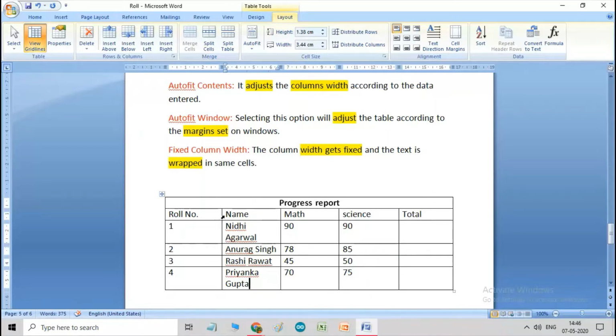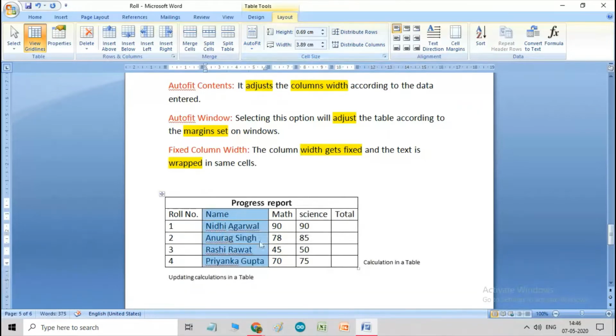Now what I can do is simply select the table and go to AutoFit Contents. I will use this AutoFit Contents option. So how can you do it? Go to Layout, and in the Cell Size group click on AutoFit and say AutoFit Contents.